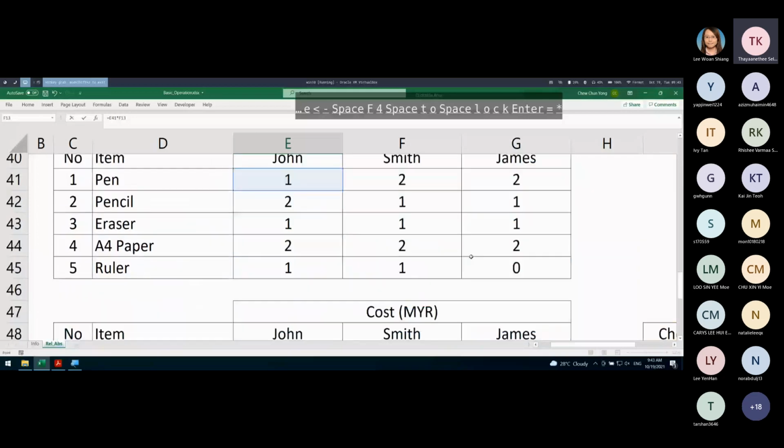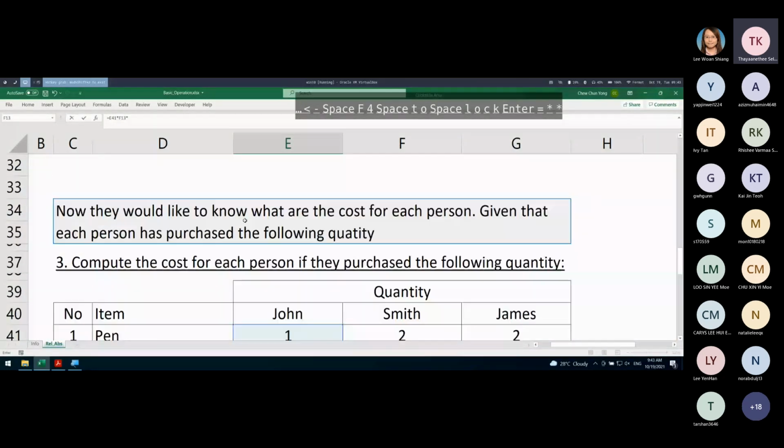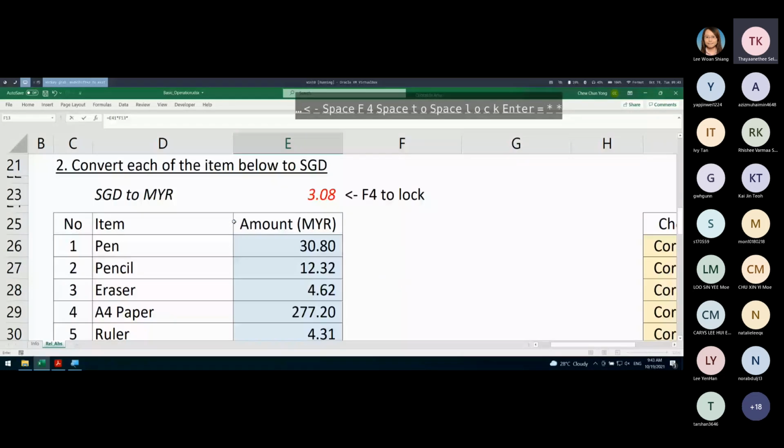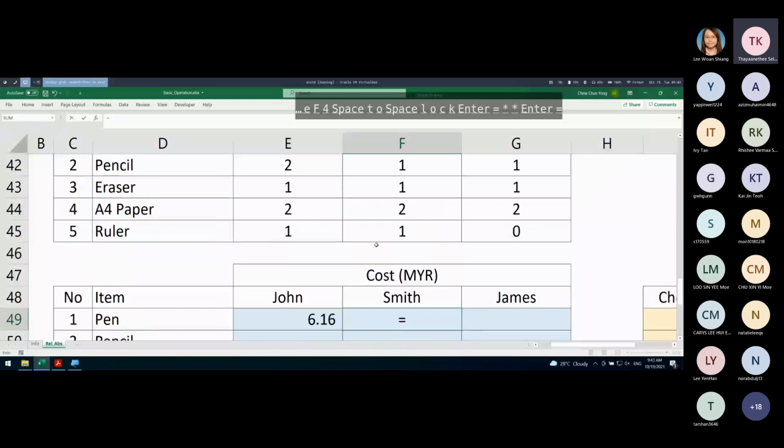So now you have 1 multiplied by 2 multiplied by, this is the amount in Sing dollar, right? So multiply by the conversion rate 3.08 over here, and then press enter. This will give you the amount he spent on pen in Ringgit Malaysia. So press enter, 6.16, and then we can repeat, for example for Smith, and then it should be 2